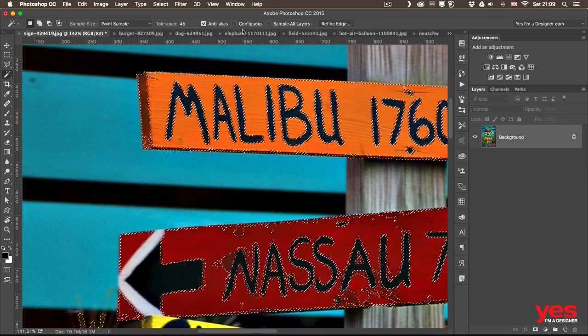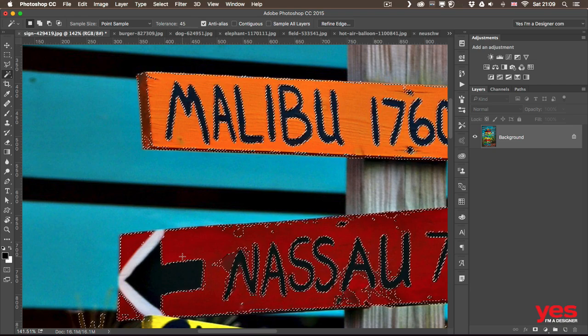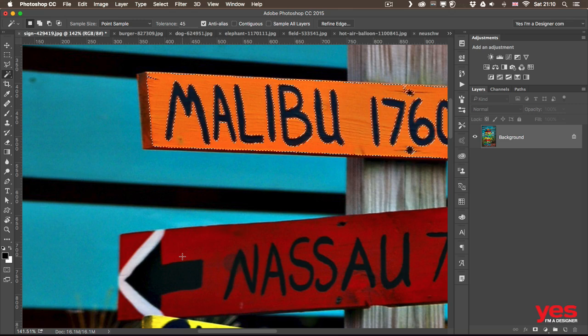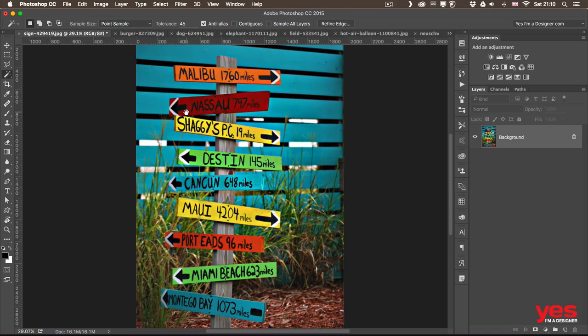Because we have the contiguous off, it can actually expand into other parts as well, all over the image. And because this side of the plank, the darker detail, is actually more similar to this red color as well, then it means it will also include those details in our selection. But that's not something we want, so I'm going to go back, and you can always turn the contiguous option on and off. So this is a good selection, and we can zoom out just to check that there's nothing